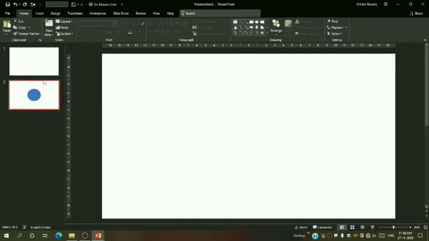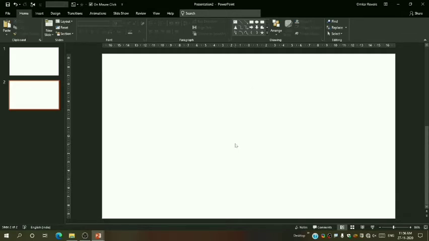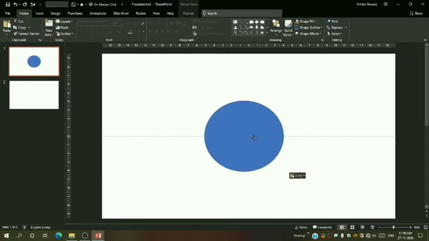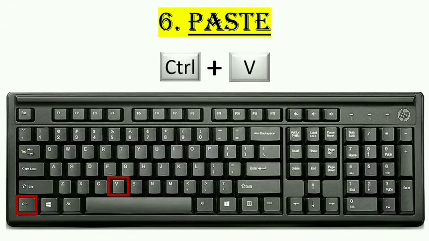So this is the old method, so we will use the shortcut to cut this. For that I will press Ctrl plus X, and see, the object got cut, and now here I will press Ctrl plus V to paste it, and you can see I have pasted it over here.